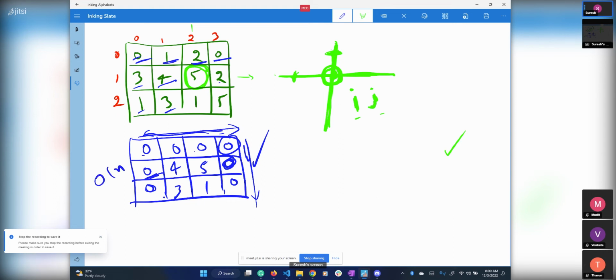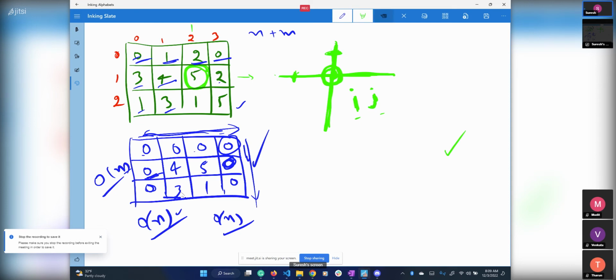If I say order of n, then the space complexity is also order of n. You are taking another n elements. And this time complexity is good. Actually, you are just scanning only once. So order of, let's say, n plus m. Of course not just n, because n means number of columns and m means number of rows. So order of n plus m. So it's very good. But now